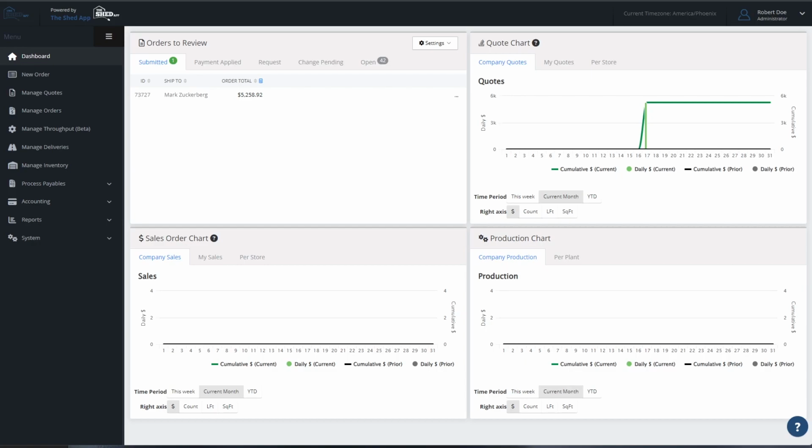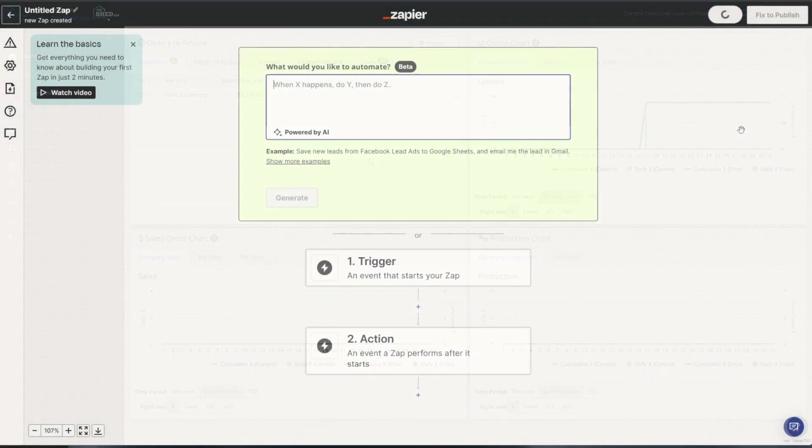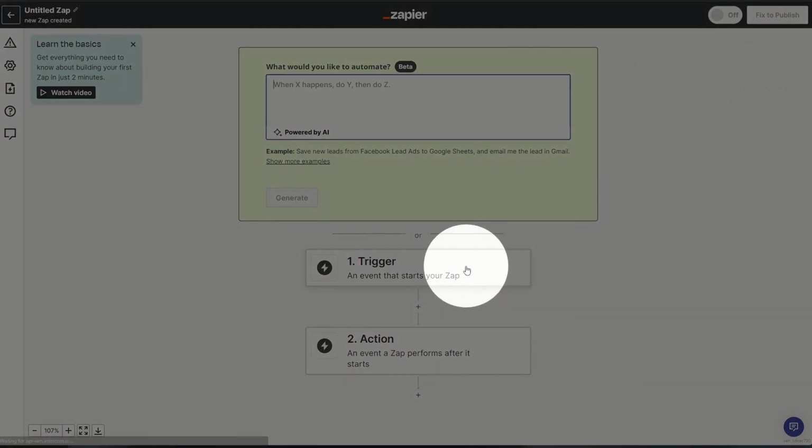Hello everyone, this is Bob Ryan from the Shed app to tell you about a new feature that helps your shed business benefit from Webhooks. Using Webhooks, the Shed app can communicate seamlessly with any compatible third-party app or program and increase your team's efficiency